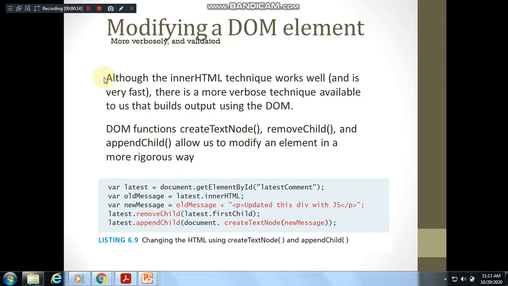In the last class we started with how to modify a DOM element through the objects of JavaScript. We have DOM functions like createTextNode, removeChild, appendChild. By using these you can add any number of HTML elements. You can remove them also. You can add inner HTML tags as well. We saw this with one example in the previous video lecture.